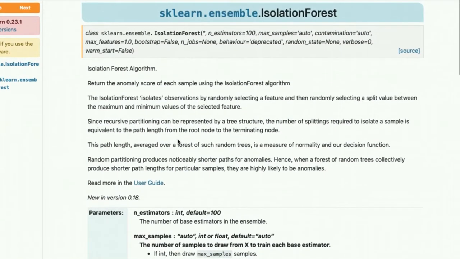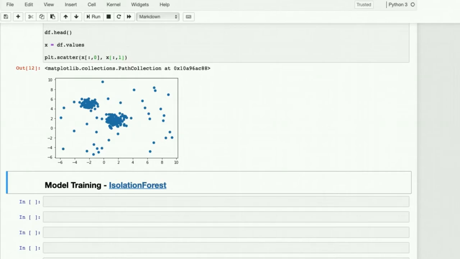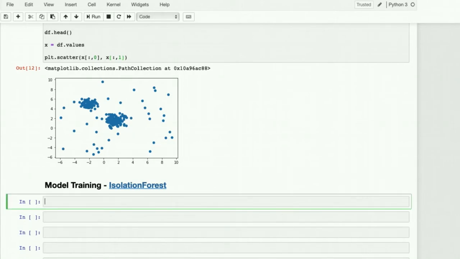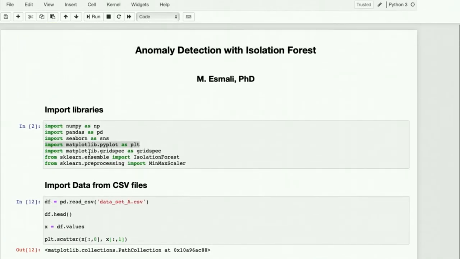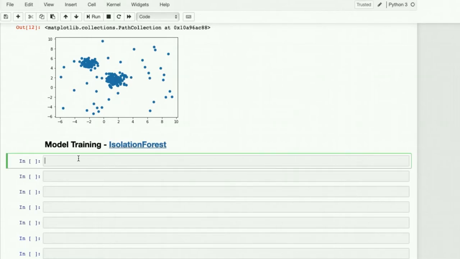Okay, so let's go back to our code and start writing some simple scripts. First, let's use isolation forest that we already imported. We are trying to classify things into normal versus abnormal, so we want to instantiate a classifier, which is isolation forest, and we want to use the contamination